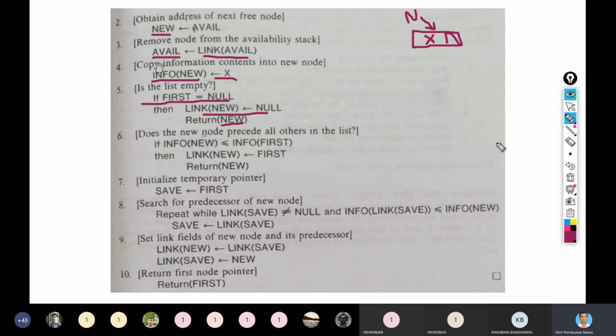Otherwise, you have to check if the new node precedes all other nodes in the list. So in that case, the list is not empty, right? Suppose I have one list.